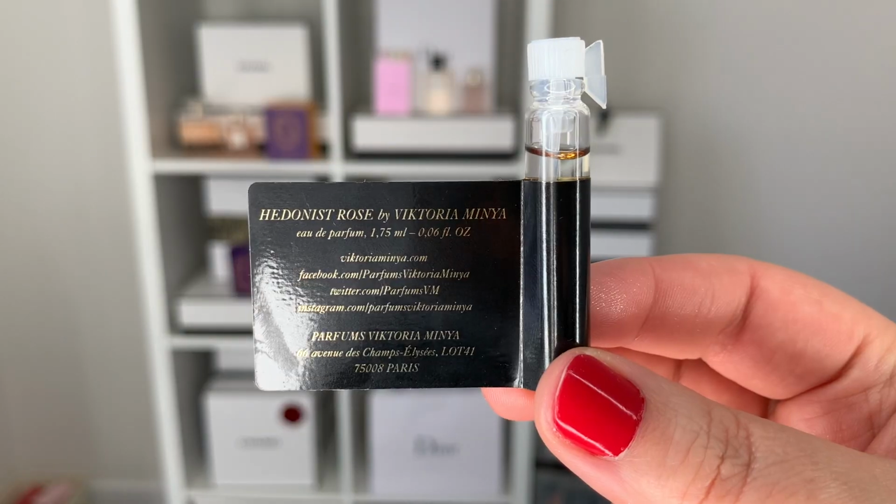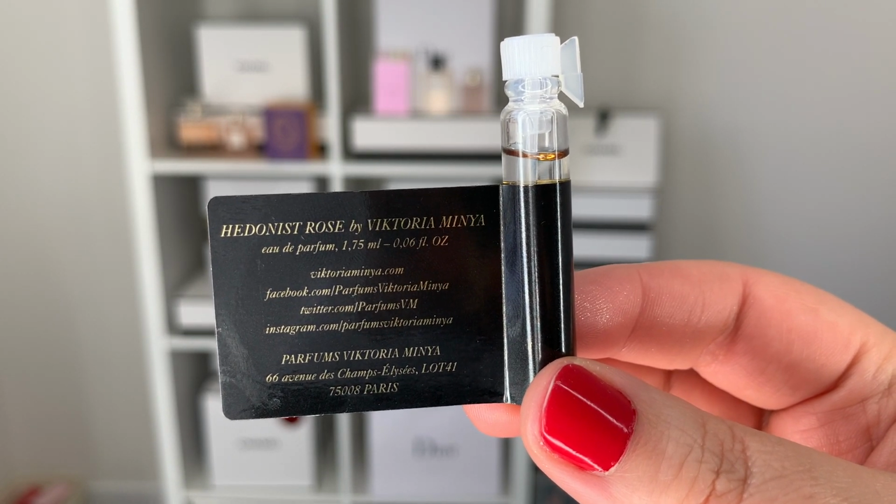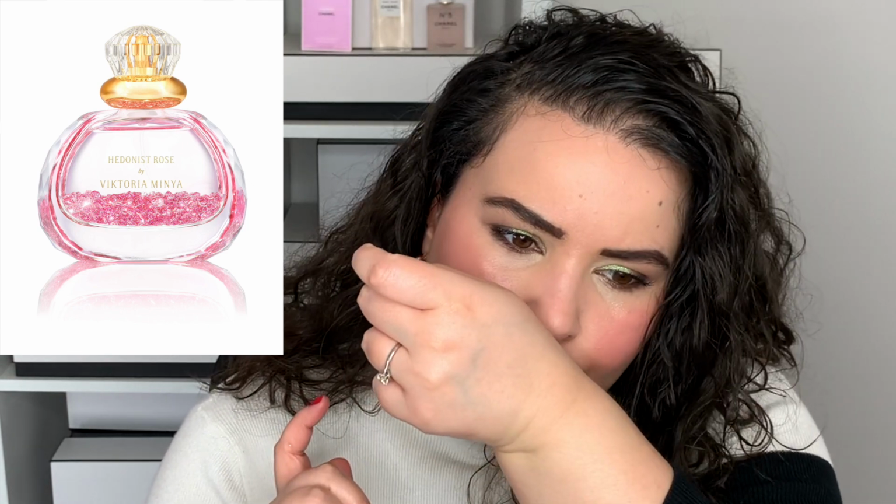And then we have Hedonist Rose, which I am shocked by how much I love this. This is very floral. You definitely get lots of florals. I think it's like Bulgarian roses, I could be wrong. But you also get like white wine, maybe? It's sweet. I think it's a little bit less gourmand than the classic Hedonist, but the rose one has more